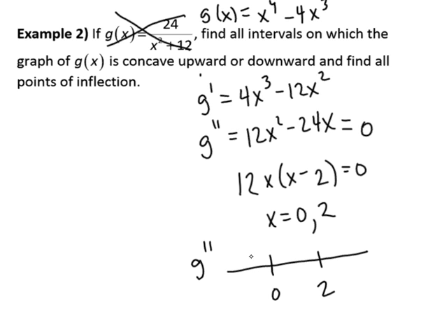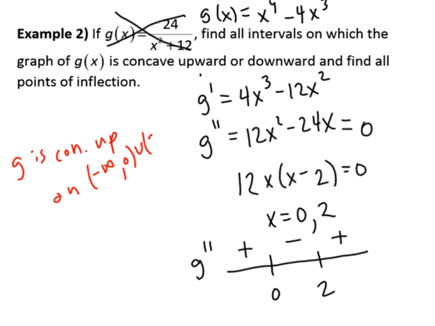if we plug in a negative 1, and I like to go into the factored form, that's a negative times a negative is a positive. Positive 1 is a positive times a negative is a negative. 3 is a positive times a positive, which is a positive. Okay, so we know that g is going to be concave up on the intervals from negative infinity to 0, unioned with 2 to infinity, and make sure you list your reason